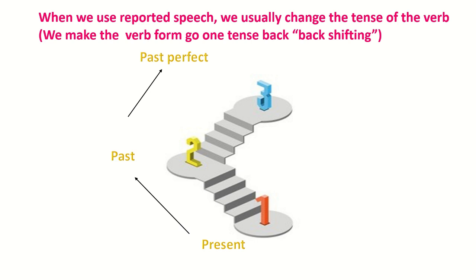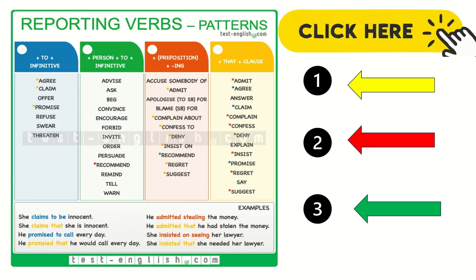Okay, and also I changed other things in the sentence. I changed the pronoun, I changed the time expressions plus the tense. So it's the rule of 3 by 3: three tenses back shifting, and 3 things to change in a sentence. Okay. Another focus we have to put our attention on here is the reporting verbs. We have different types of reporting verbs that I can use in reported speech when I retell or when I report what other people